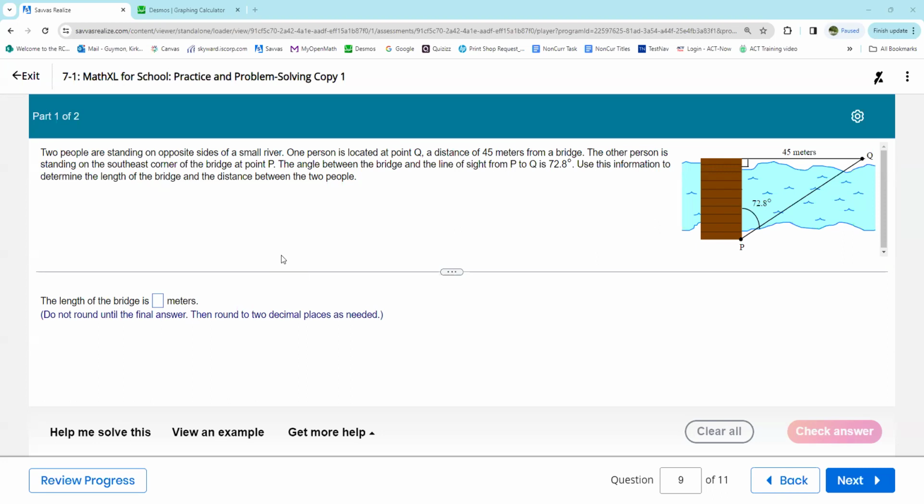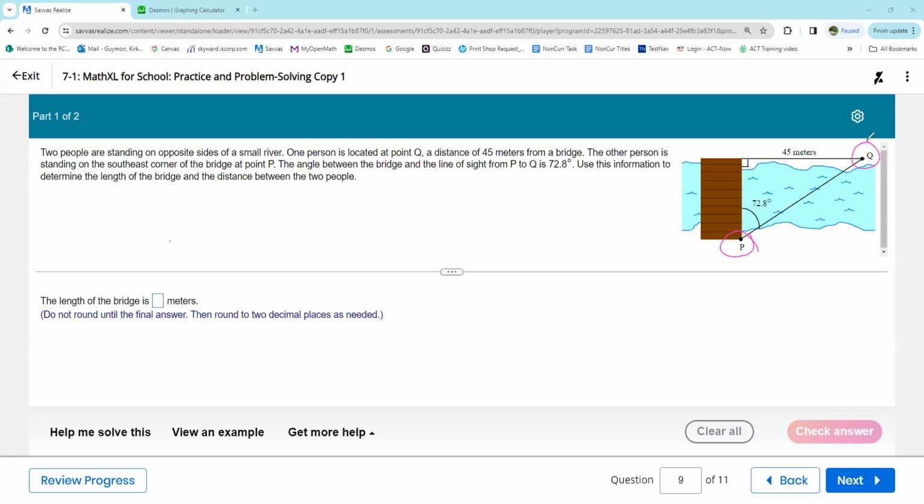We're talking about lesson 7-1 here, full trigonometry. And we've got the 9th problem that I've asked you to do, closing in on the end. We're doing indirect measurement again here. And the situation that we're trying to figure out this time is that we have two people standing on opposite sides of a small river,